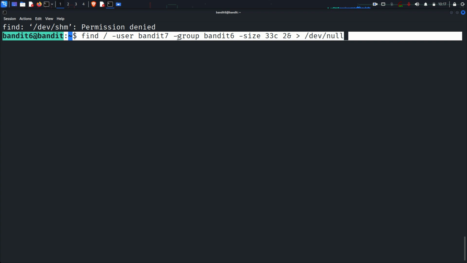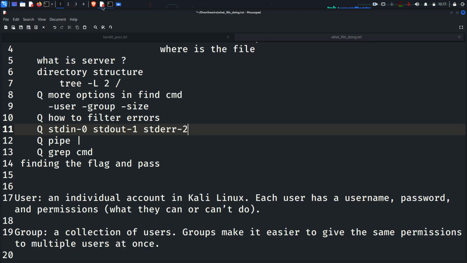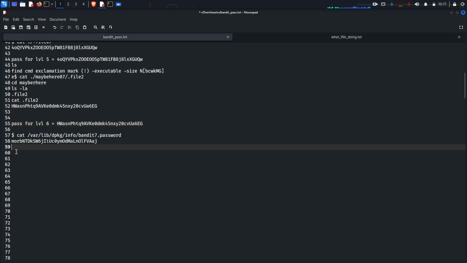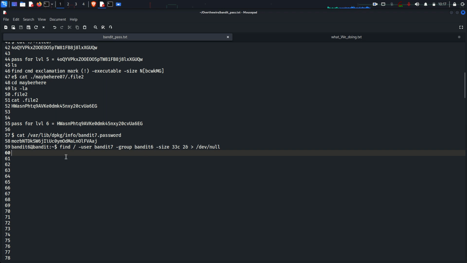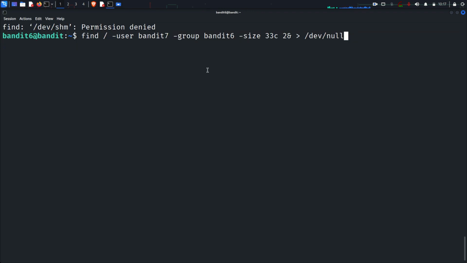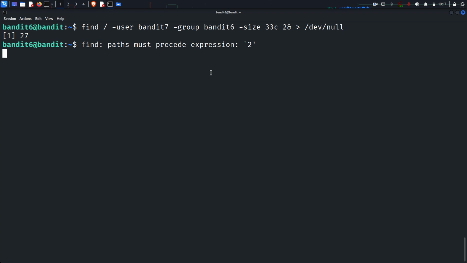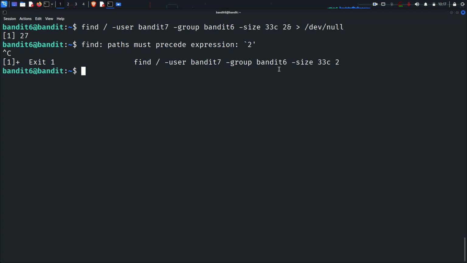Okay, let's save this method, copy and save this to our Bandit passwords and hit enter. When we hit enter, you can see the path must be preceded with expression. So I have to fix that now. Let's see, maybe there should be no space, I guess. And if we enter here,